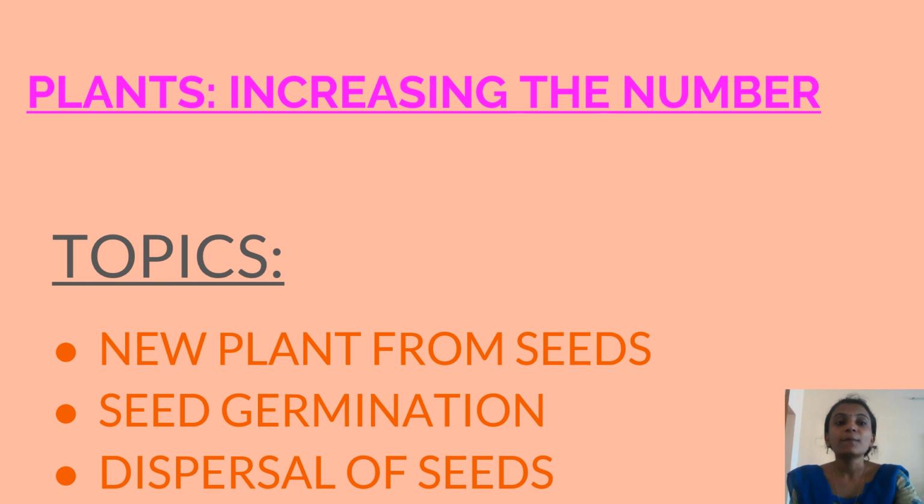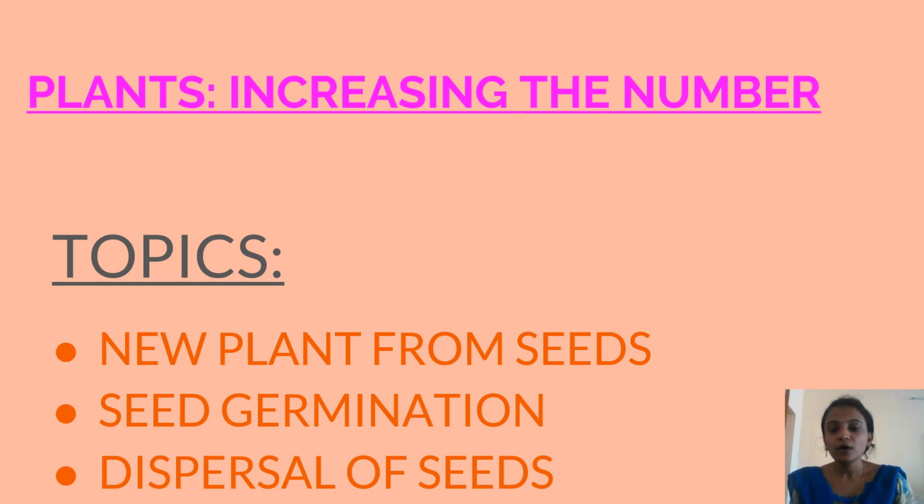As we know, plants give us fruits and vegetables, cereals and pulses, and also help us to reduce soil erosion. They also give us oxygen. Oxygen is very important for all human beings as well as animals. So plants are very important to us. Without plants, life does not exist.